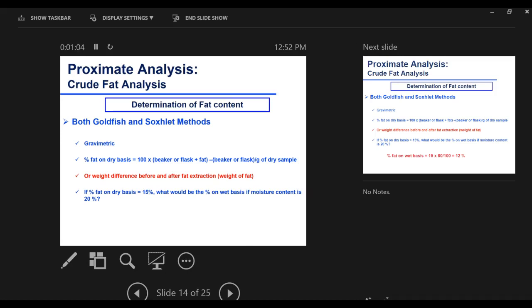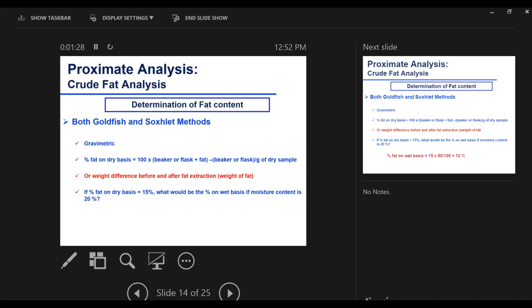Exactly. So goldfish is a continuous solvent extraction. Soxhlet is semi-continuous. There is a soaking step. With that, what's the main advantage of soxhlet over goldfish? Or what's the disadvantage of goldfish over soxhlet? Being a continuous solvent extraction, yes,